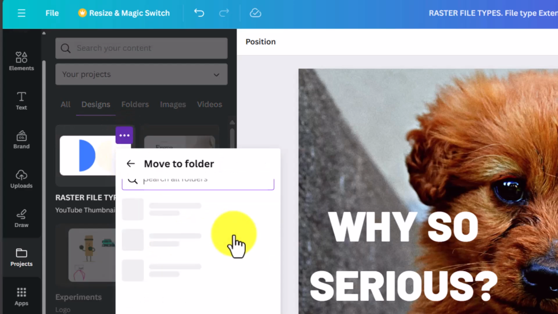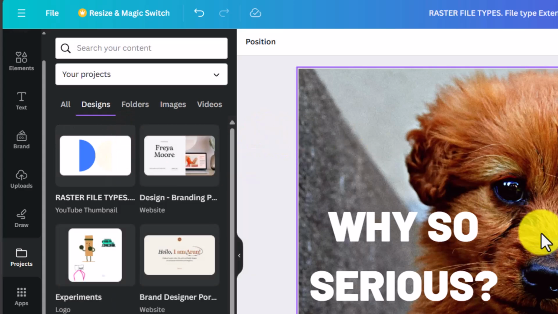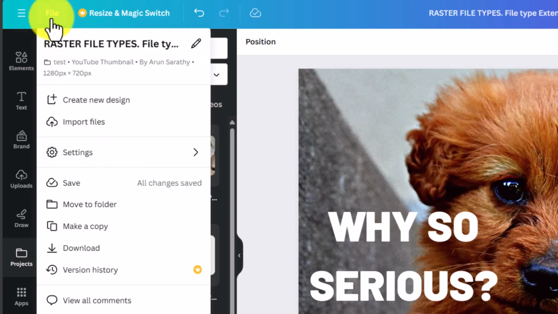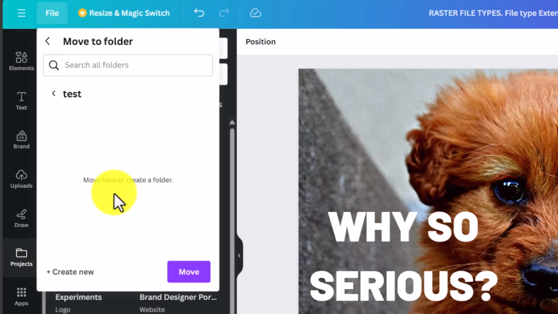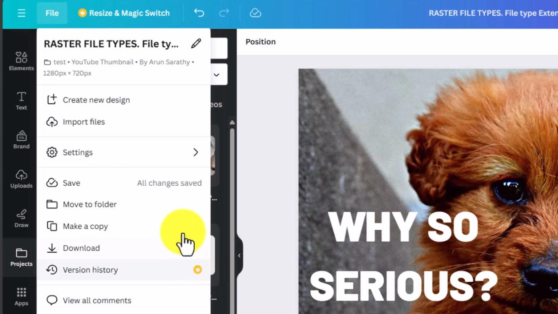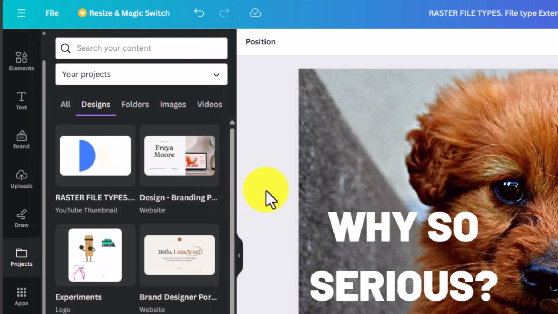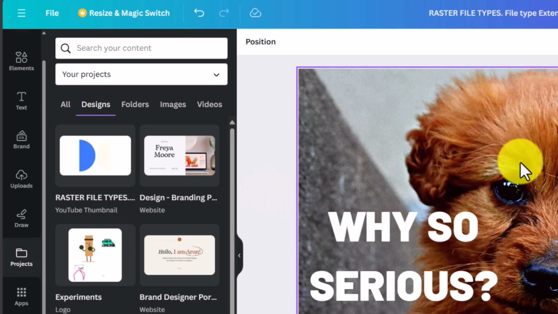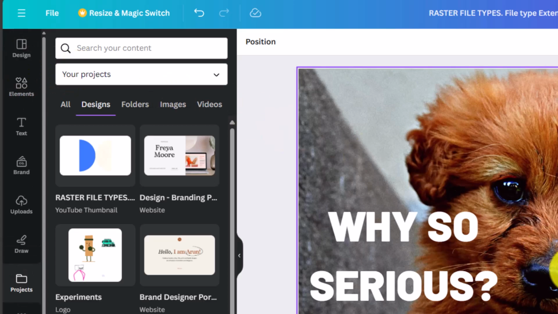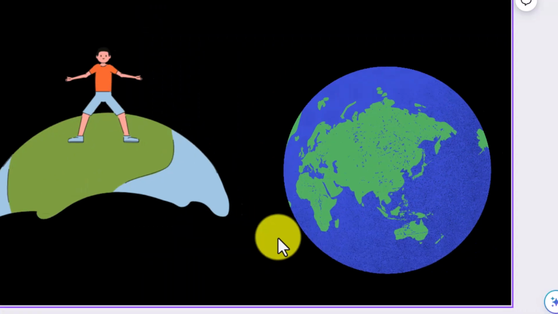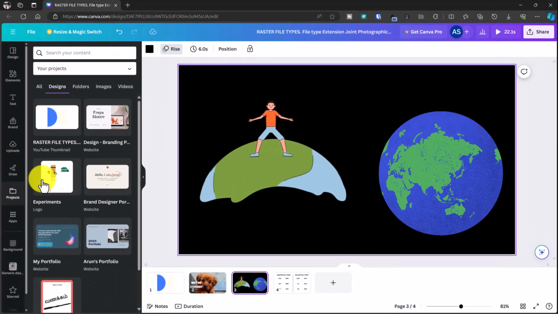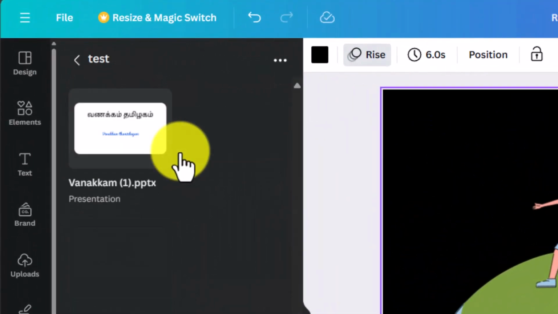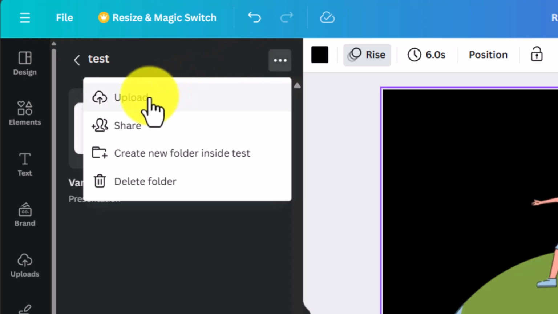And for the current design that you're working on, click on File, then click on Move to Folder, pick your folder and click on Move to save your current design into that folder. So when you end up opening a new design, instead of starting from your folder as suggested in the start of this video, the universe has got your back here, so you can still save your designs organized into folders and even upload your files directly into this folder.